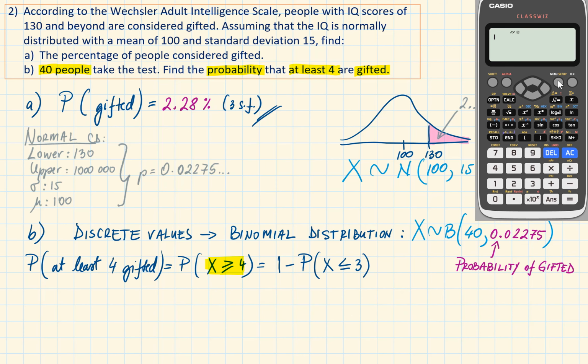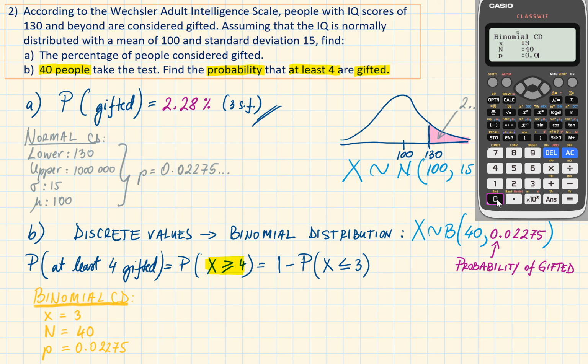On your calculator, go to Menu, then select number 7 for distribution. On the screen, the binomial CD is not listed, so we press the arrow down, and now we can see binomial CD for number 1. Select option 1, and here we select option 2 for variable.